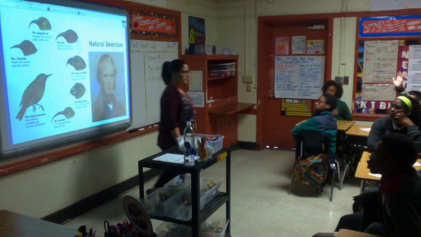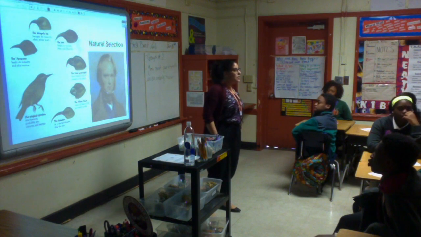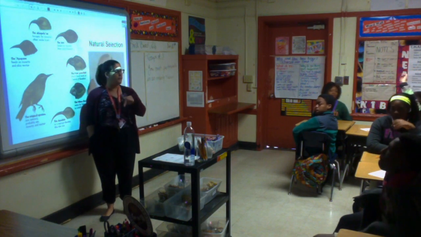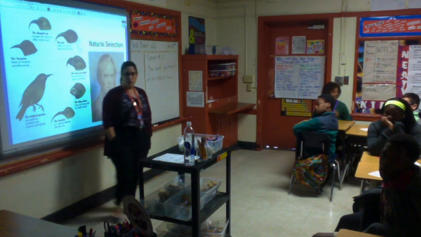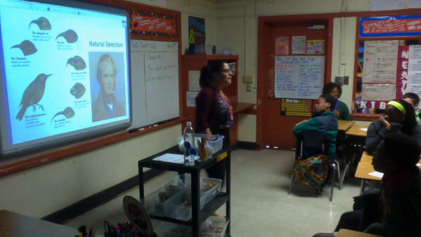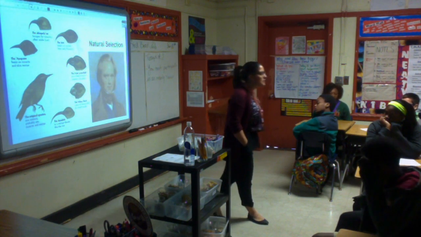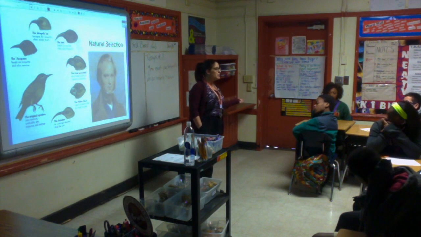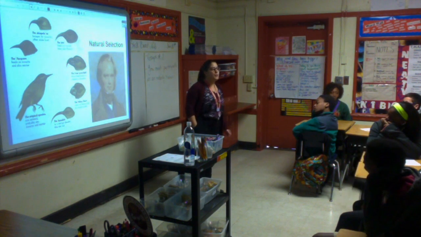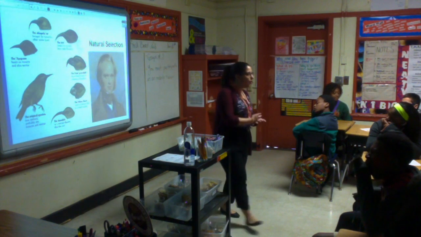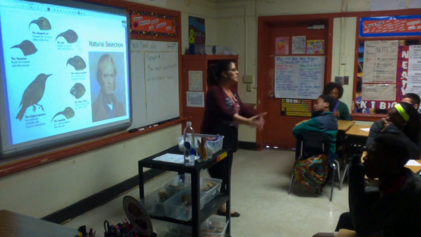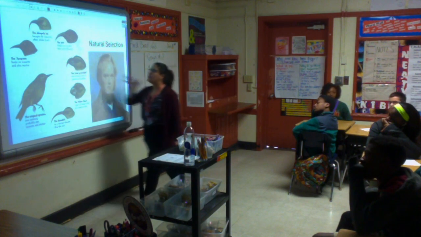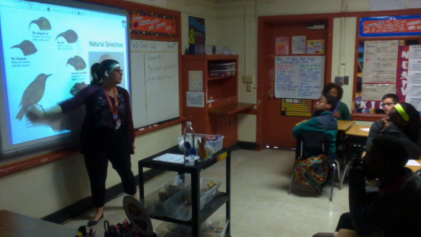Kayla. So they adapt to different environments. So you think they adapted to different environments? Why would they have to adapt to different environments? So that they could survive. If animals are able to adapt to different environments and they can survive, what are they able to do afterwards? Reproduce. They can reproduce. Remember that is the main goal of any organism. They want to reproduce. They want to pass on their genes to their offspring, right? But the only way that they can do that is if they can survive, because it's survival of the fittest,